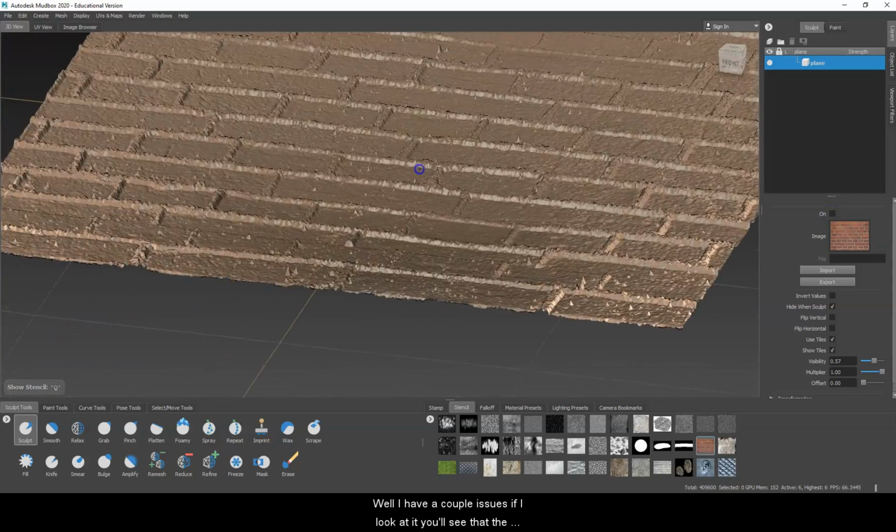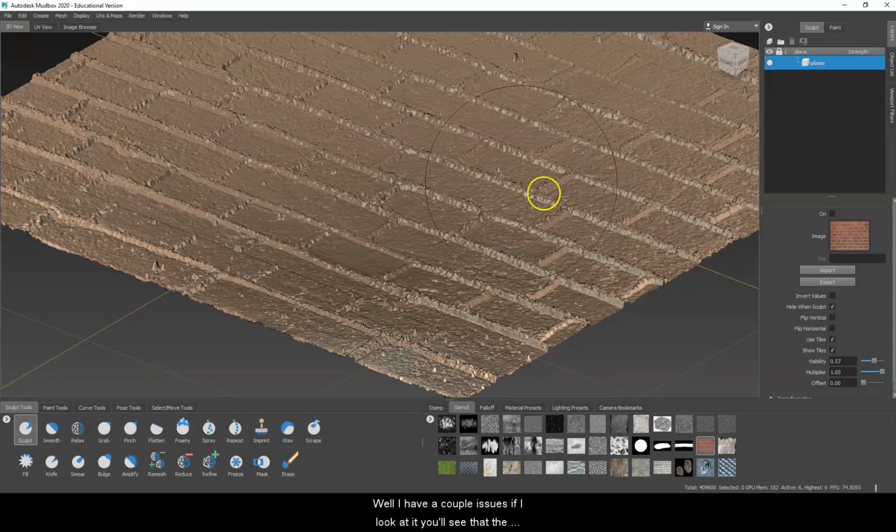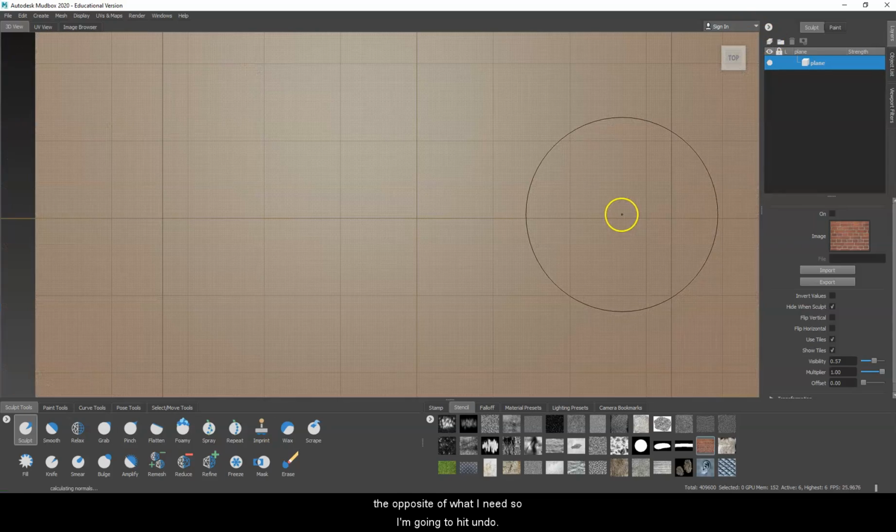I have a couple issues. If I look at it, you'll see that the grout on the inside is what was actually pulled up. The brick is sitting backwards. That's kind of the opposite of what I need. So I'm going to hit undo,